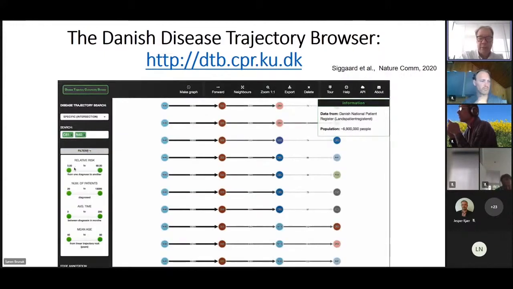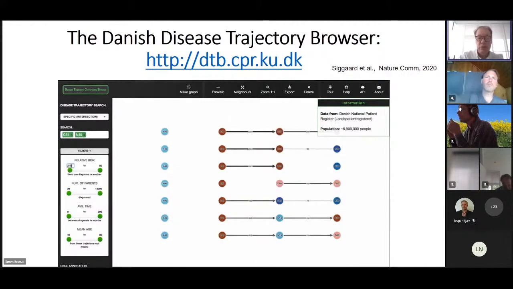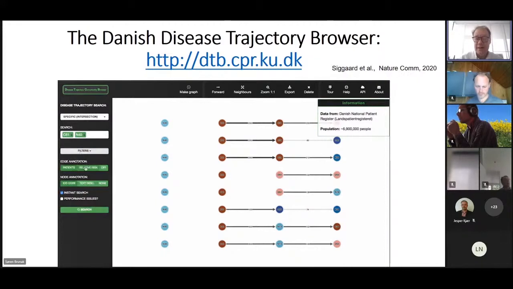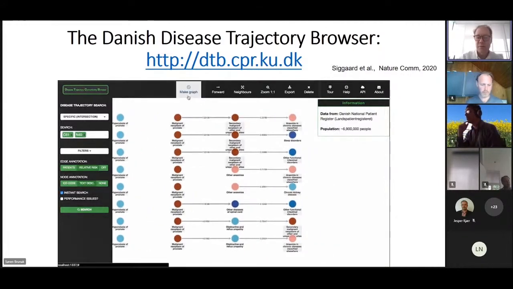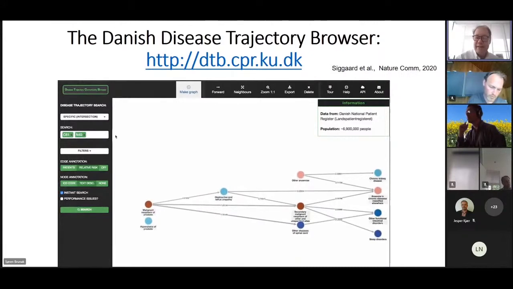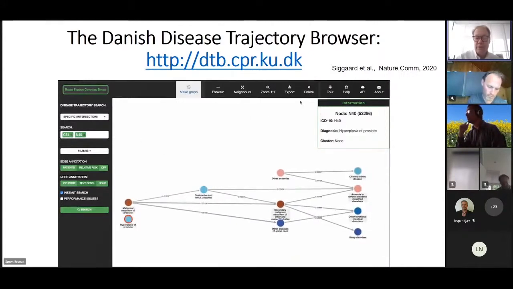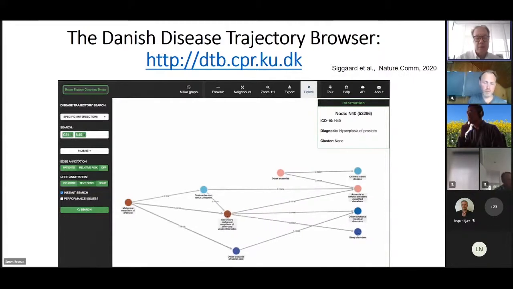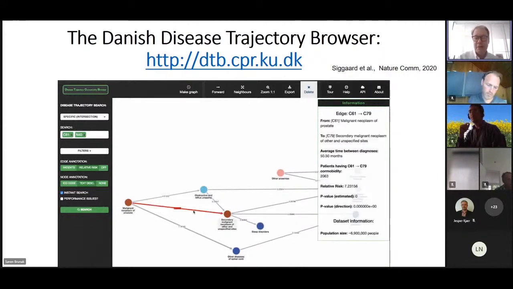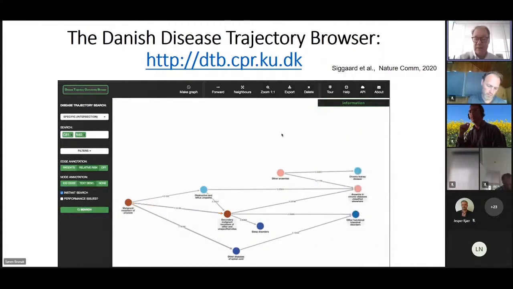You basically plug in some codes, and then the tool will take all the statistically significant pairs out and stitch them together. And you can also enhance, crank up the relative risk, and then some of them will disappear. And you can quickly get an overview over how the disease progression patterns look in Denmark. So this is not, again, disease co-occurrence, just statistically significant directional forward-going patterns, and you can check